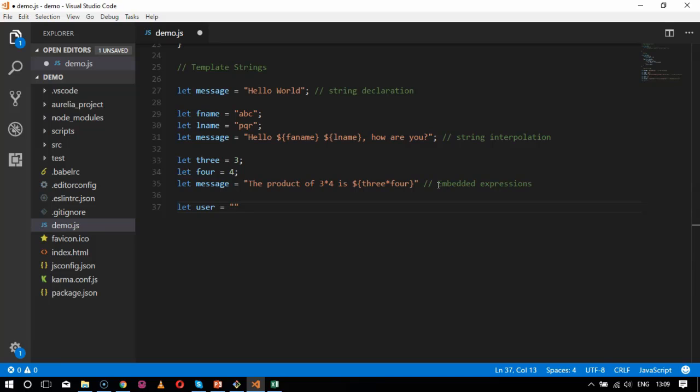Let user equal, I'll just say ABC, and I want to give a multi-line string for this particular user. Let message. My message will be printed as: thank you, with the name of the user inside dollar and the name of that particular variable, for contacting the support team. This is just a demo example which I am showing you. Then I put an exclamation mark, and after that I continue saying that